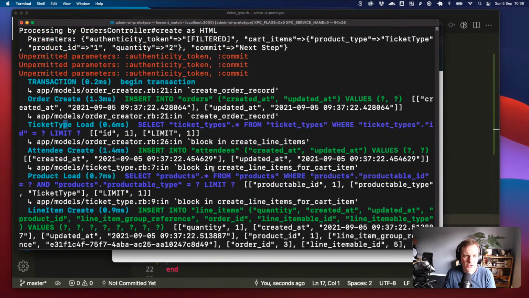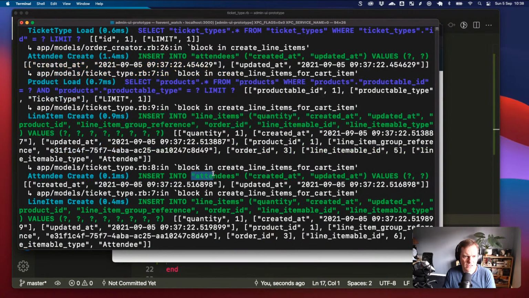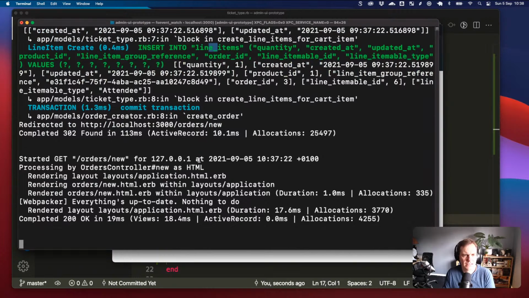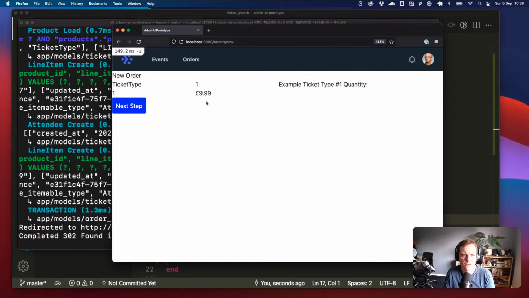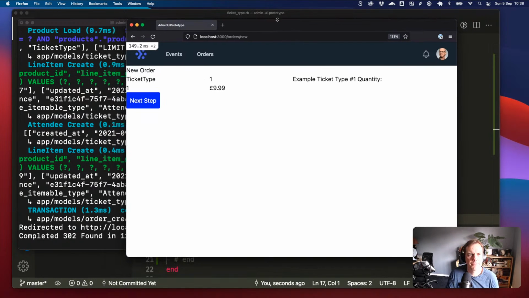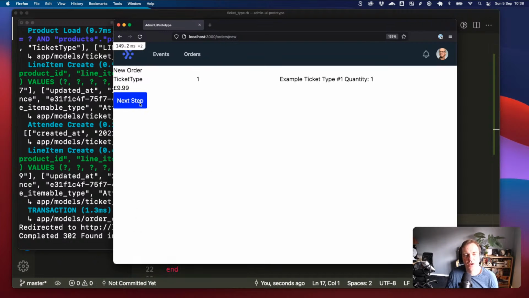So insert into orders, insert into attendees, insert into line items, insert into attendees, insert into line items. So we created 2 tickets in the database. And we're breaking that down into 2 separate line items, even though only one got placed into the basket, which is the subject of the last few streams, and kind of worrying about that. Now, where I wanted to go today, so we're not doing anything in the UI, so we could take the person to the next step, which would be like,